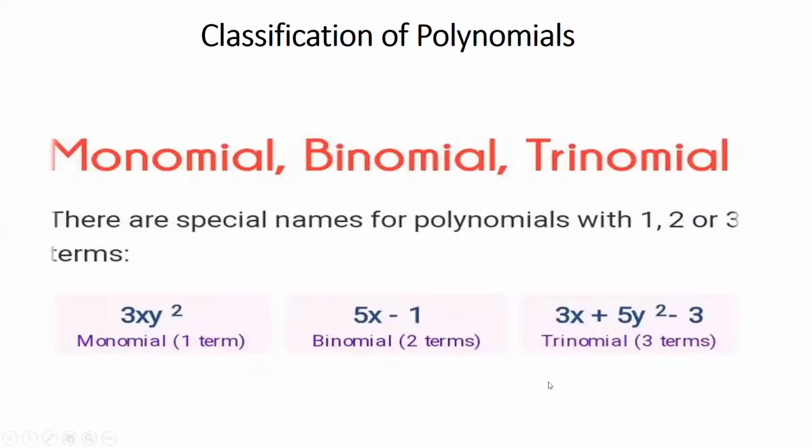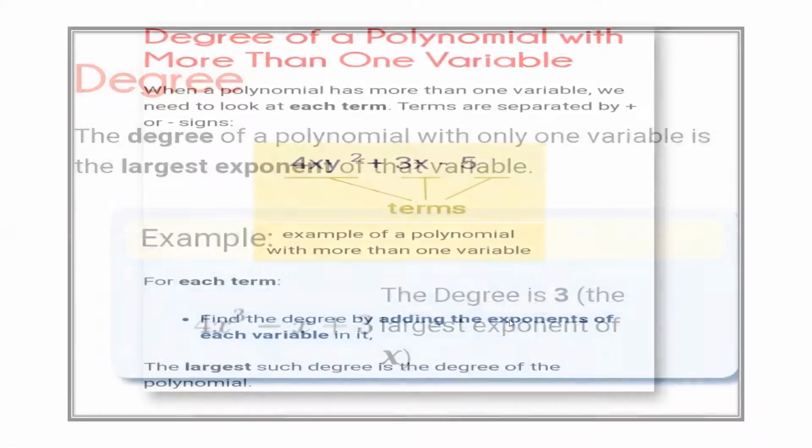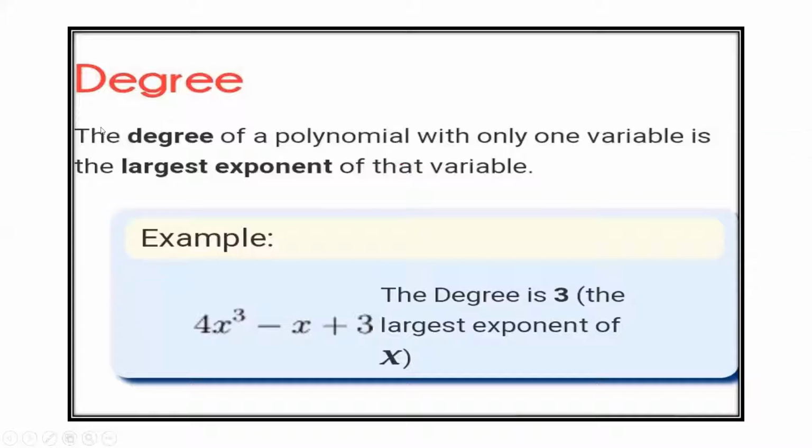I'm waiting. Okay, this is called a trinomial. And then we discussed degrees. Okay, then we have discussed what is called degree. Abdullah, what is called degree? An expression which contains any variable having the largest exponent. Here we can see any expression, either it is monomial, trinomial, or binomial, having any one variable with the largest power, with the largest exponent, means power. That power is called the degree, right?